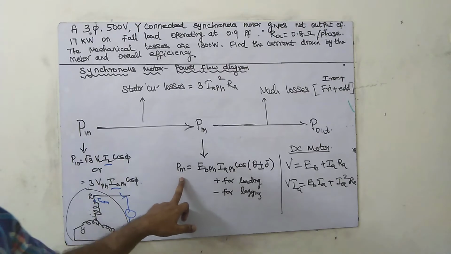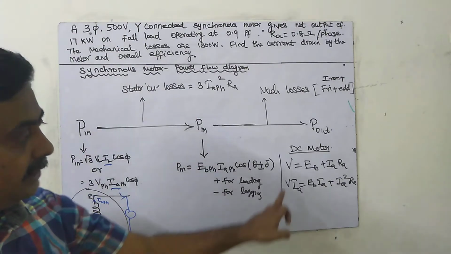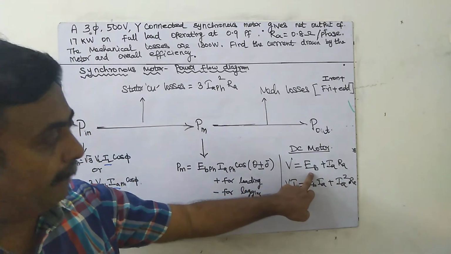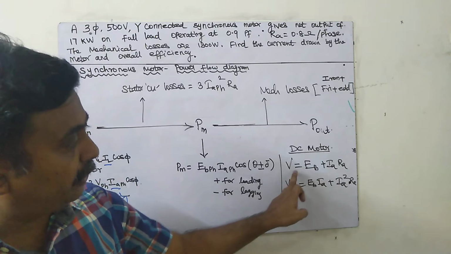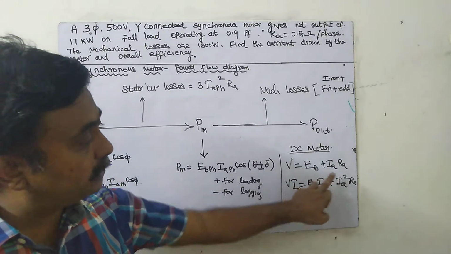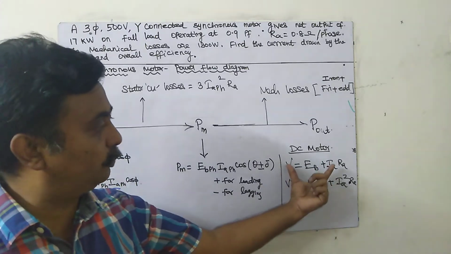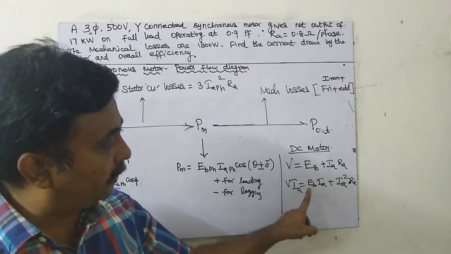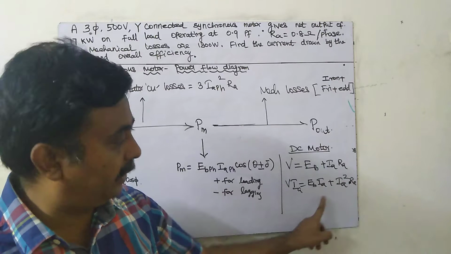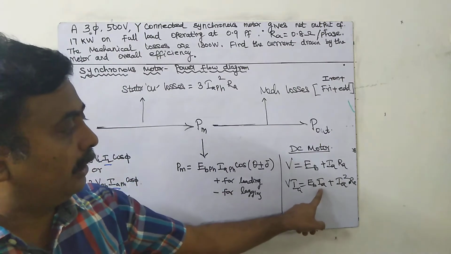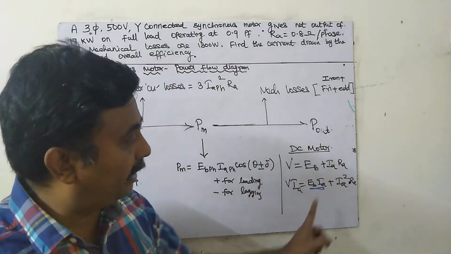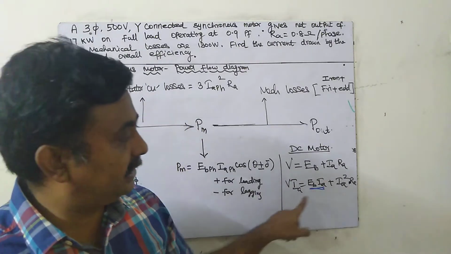Okay, that's the thing. In the DC motor we have already seen V equal to EB plus IA RA, the voltage equation. V will be equal to back EMF plus IA RA. If I multiply both sides by current, I will get the power equation. This is the voltage equation. If I multiply it by current, V into IA, the power equation: input power equal to EB into IA plus IA square into RA. What is EB into IA? It equals the electrical equivalent of mechanical power developed, plus losses. So this is the power equation.